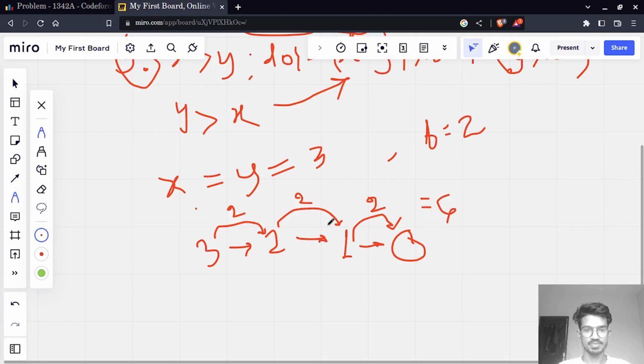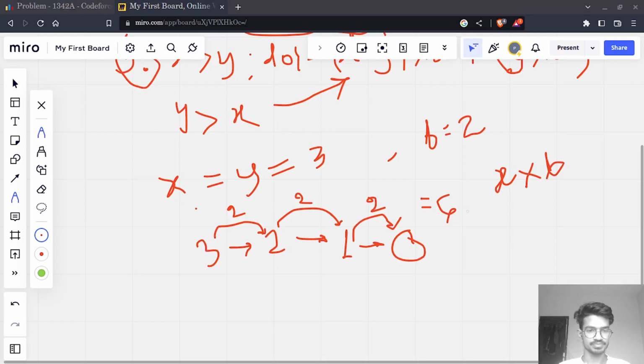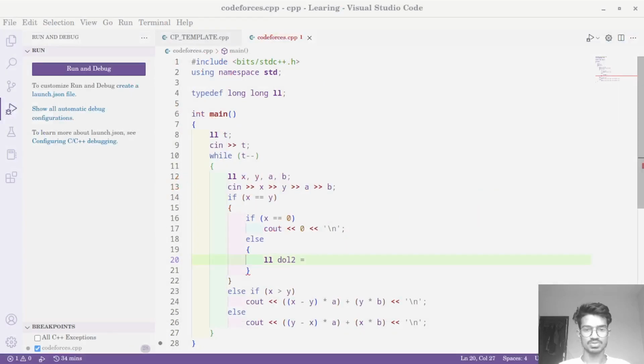So we can say the value of $2 will be x into b. Okay, so let's go to our code again, and $2 will be x into b,